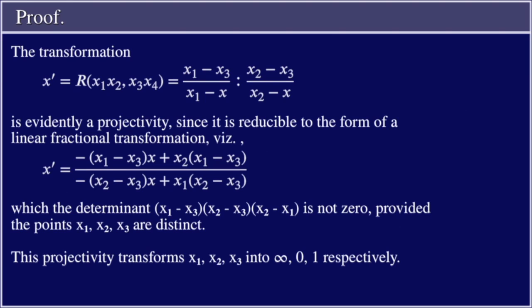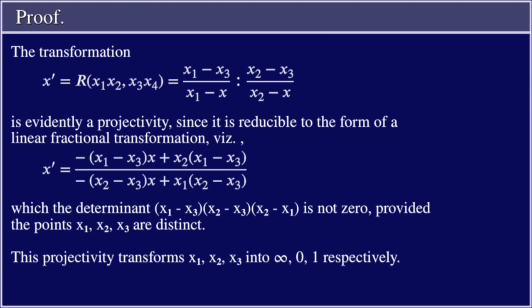Proof: the transformation x' = [(x1 - x3)/(x1 - x)] / [(x2 - x3)/(x2 - x)] is evidently a projectivity, since it is reducible to a form of a linear fractional transformation, namely x' = [-(x1 - x3)x + x2(x1 - x3)] / [-(x2 - x3)x + x1(x2 - x3)], in which the determinant,